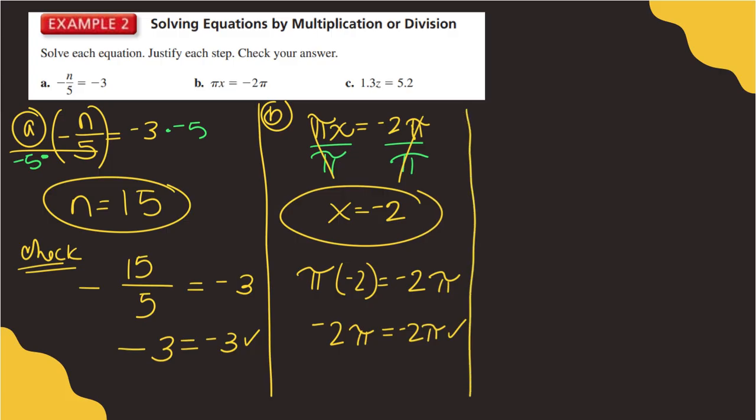In C, we're going to write the equation as well, which is 1.3. The C came out a little crooked. Let me rewrite it. 1.3 z equals 5.2. This is a multiplication. So we're going to use the inverse, which is the division property of equality. So we're going to divide both sides by 1.3. This one cancels out, and I'm left with z by itself, which gives us 5.2 divided by 1.3 gives us